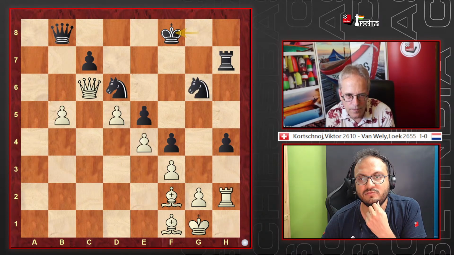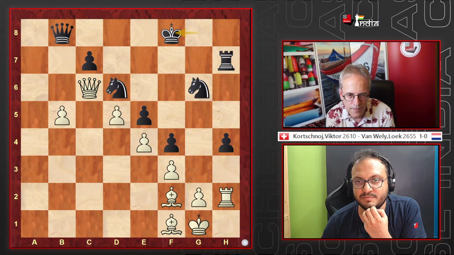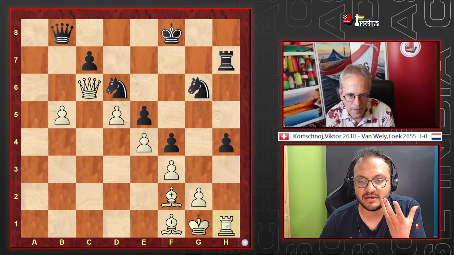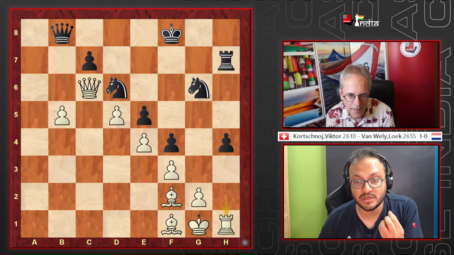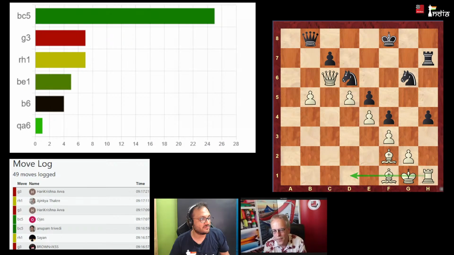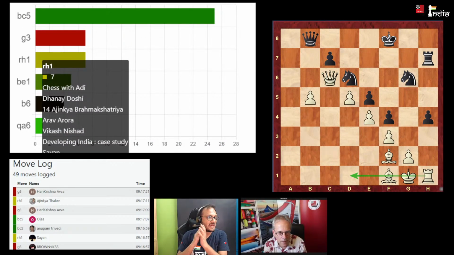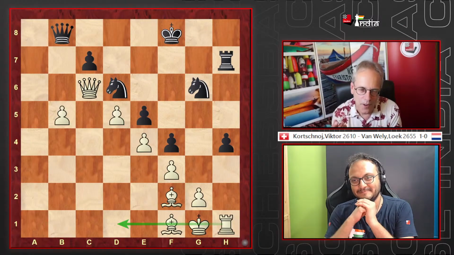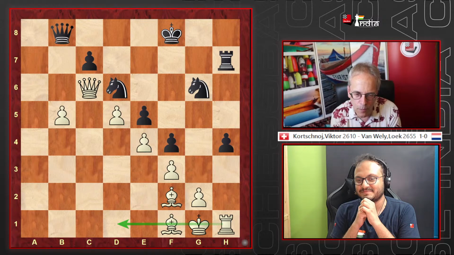So the right move, guys, and the move that was played in the game by Korchnoi, and this comes naturally to a player like Korchnoi, is rook h1 because he needs the rook this side. And the right move has been found by Chess with Adi, Dhanai, Ajinkya, Arav, Vikash, developing India, Sayan. Well done, guys. Ajinkya. Yes, and the funny thing is, well, before it was Korchnoi playing